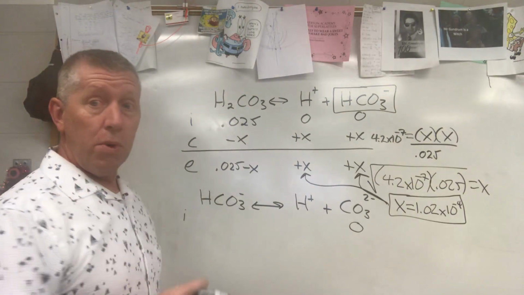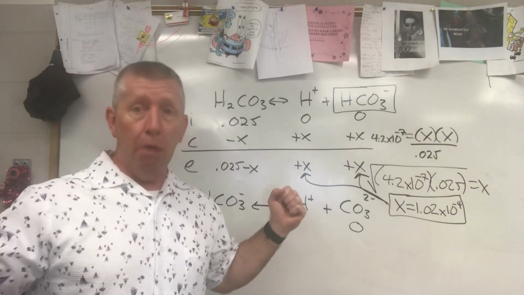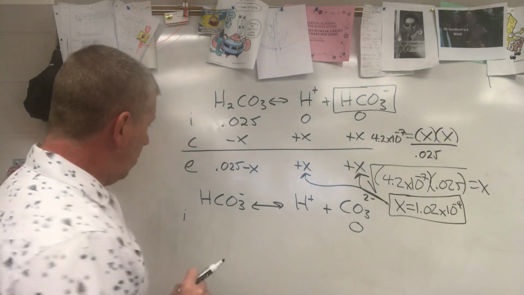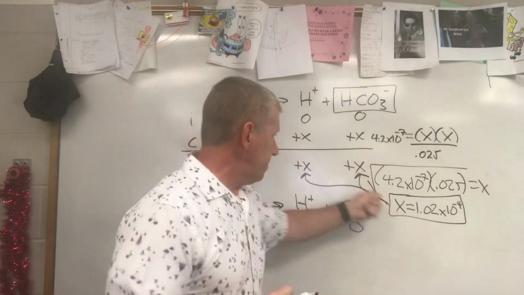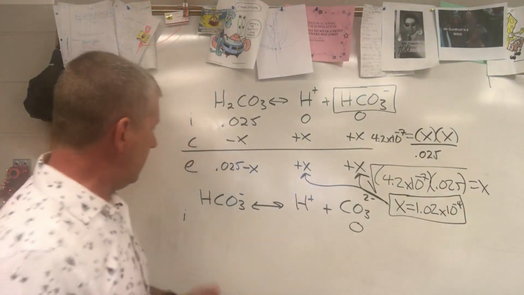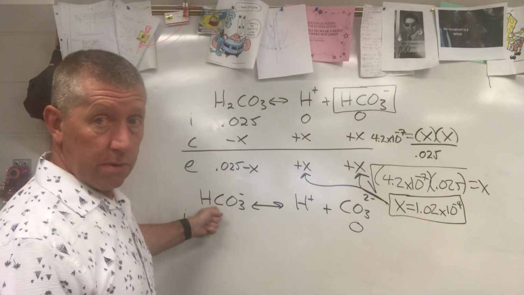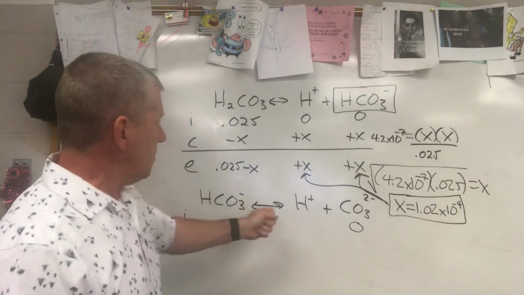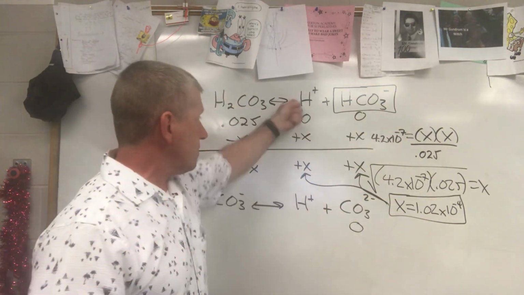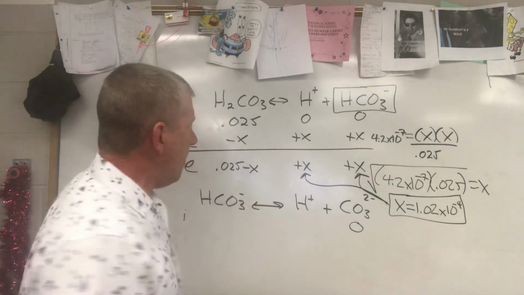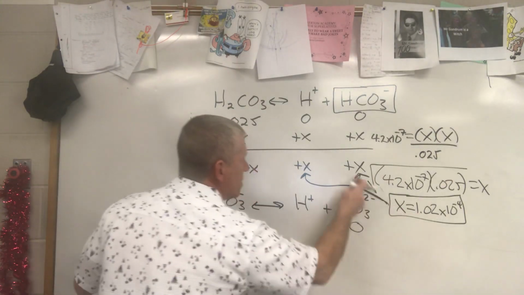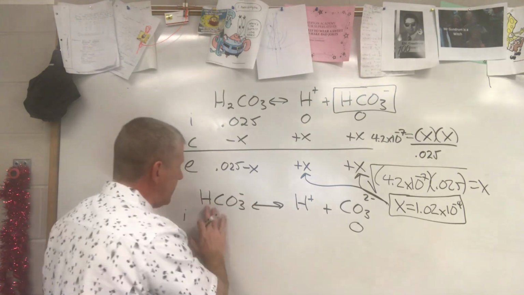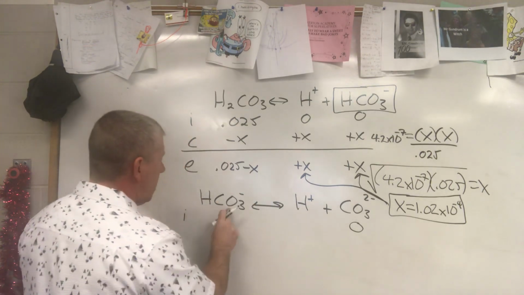Guys, we're all done with the problem, right? I don't think so. No, because now we take that X value that we now know is for this bicarbonate ion concentration when it breaks down. And we also know that we have some hydrogen already created. So I'm going to take those X values, and in the second reaction, the second breakdown, the second hydrogen coming off, I start out with